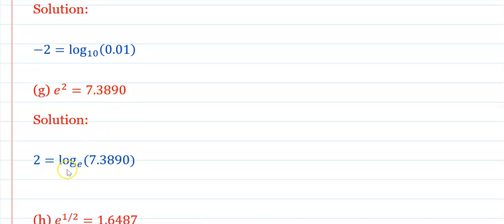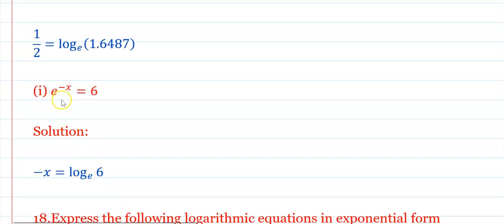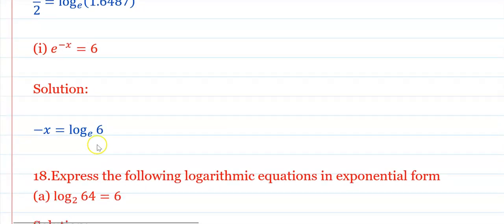Again, 2 is equals to log of 7.3890 to the base e. Okay, now the next, e raised to 1 upon 2 is equals to 1.6487. And hence 1 upon 2 is equals to log of 1.6487 to the base e. Next, e raised to minus x is equals to 6 and hence minus x is equals to log of 6